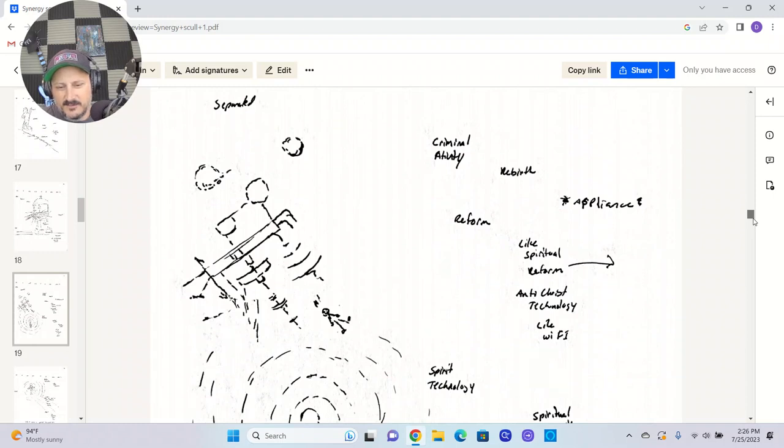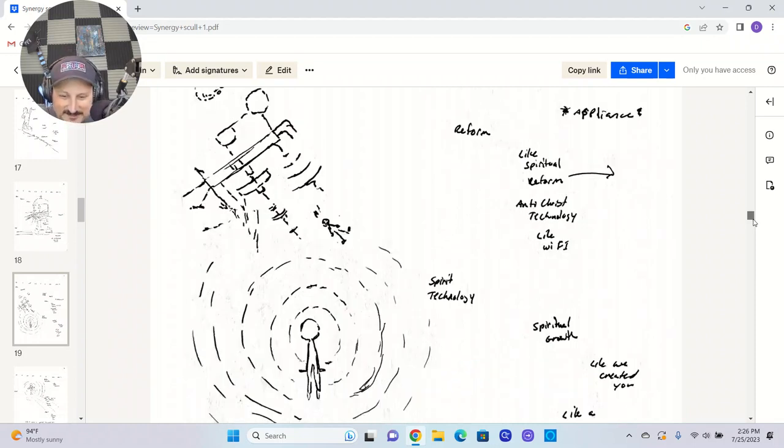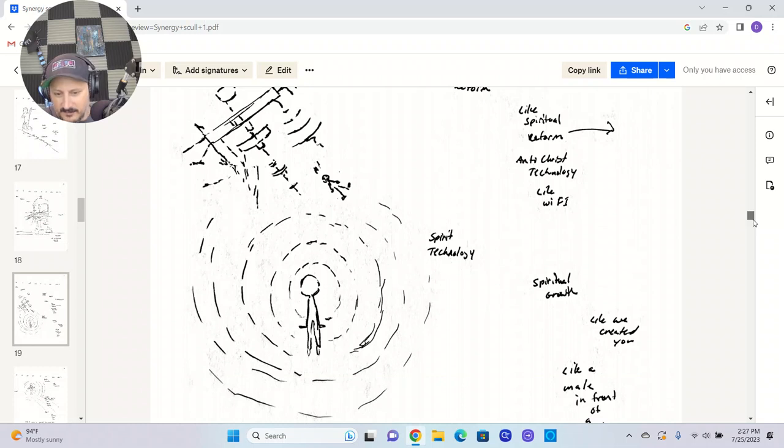Reform, like spiritual reform. And see, stuff comes in. This is AOL, but I don't know if it was Christ technology, Antichrist technology, like Wi-Fi. And then this is all AOL. And then I go back to intangible spirit technology, spiritual growth. Well, that's still AOL. Okay, so